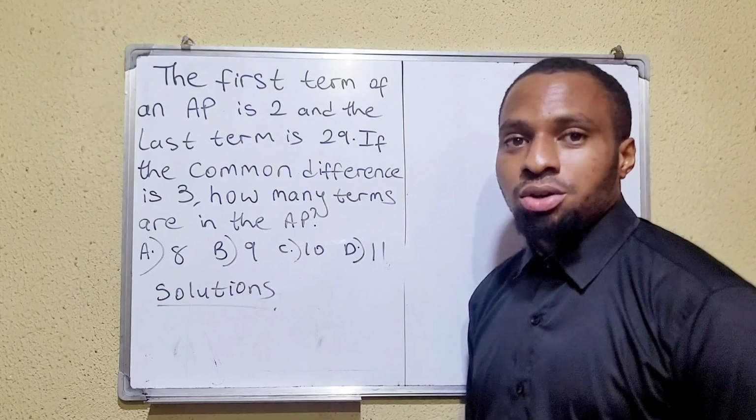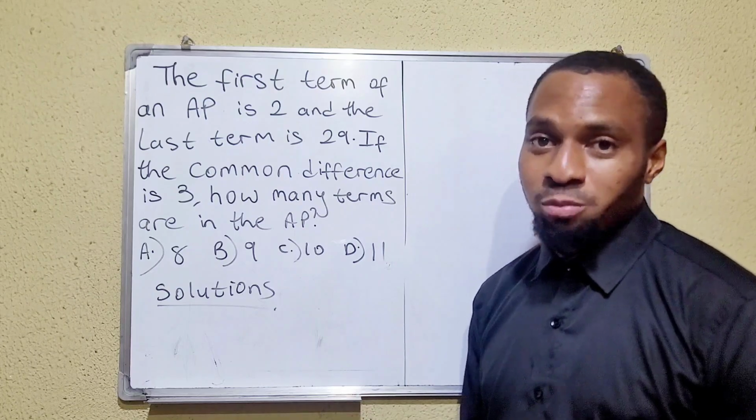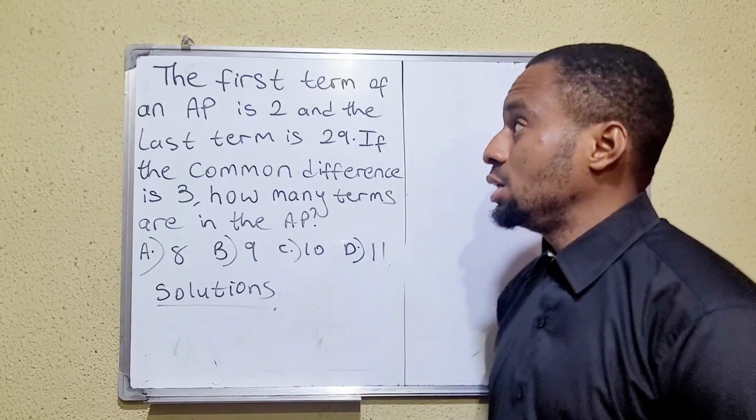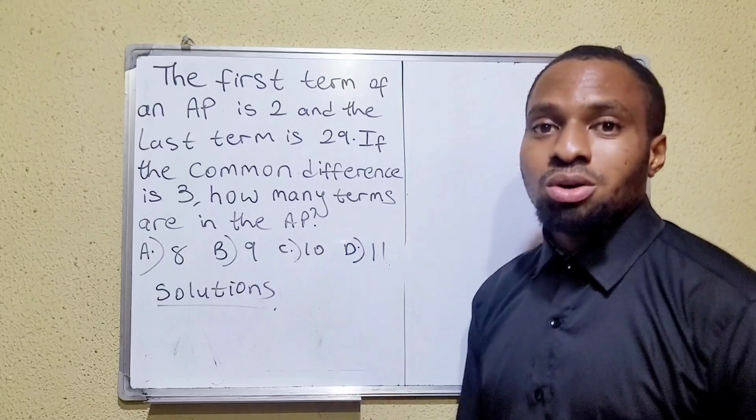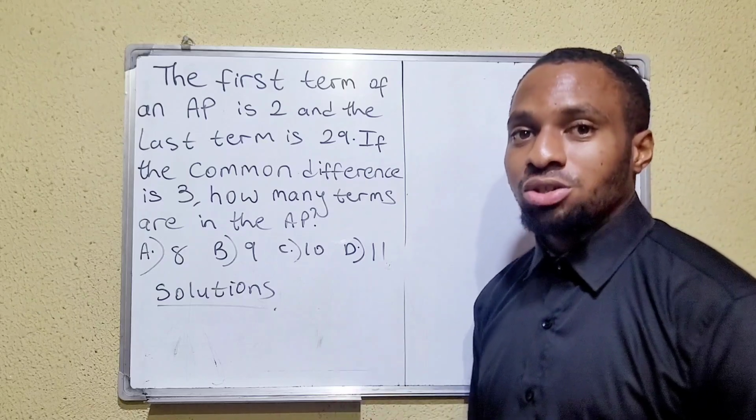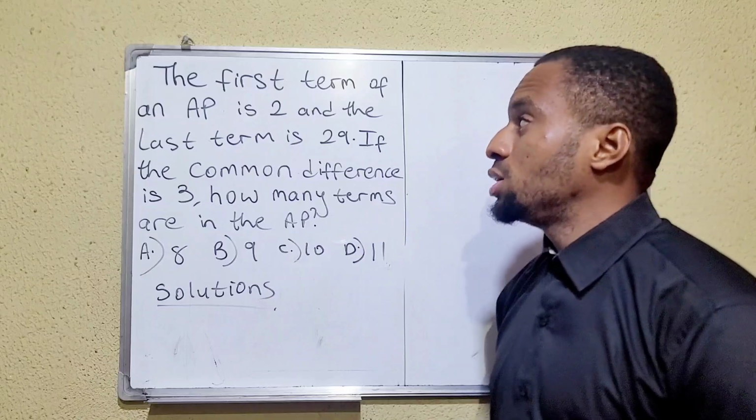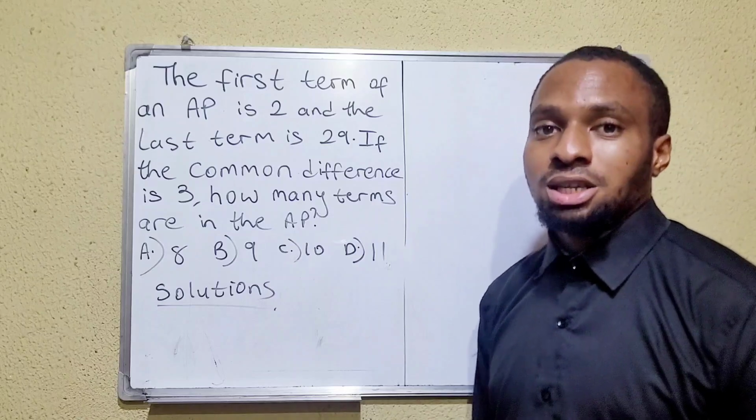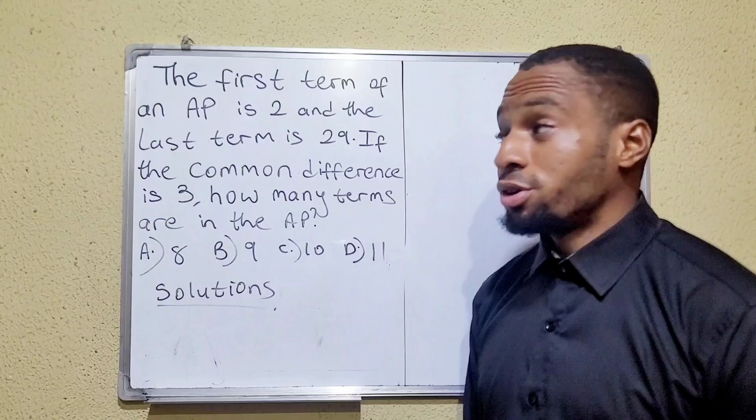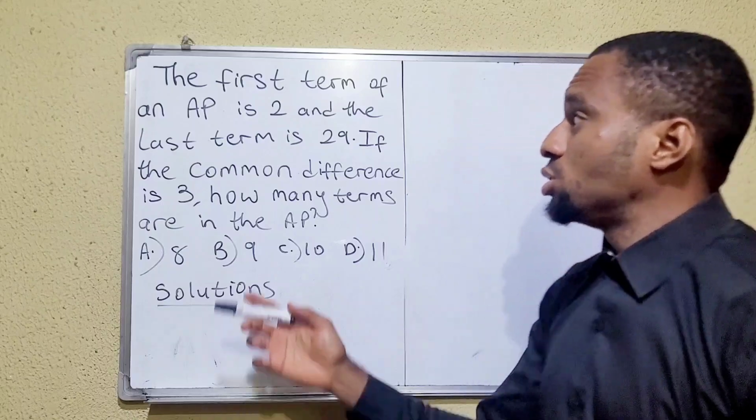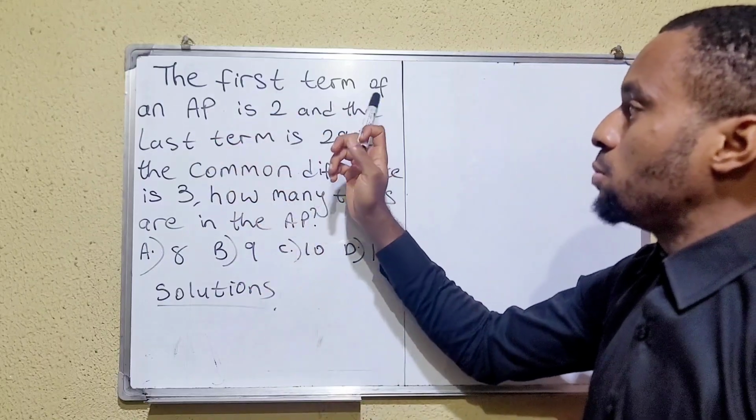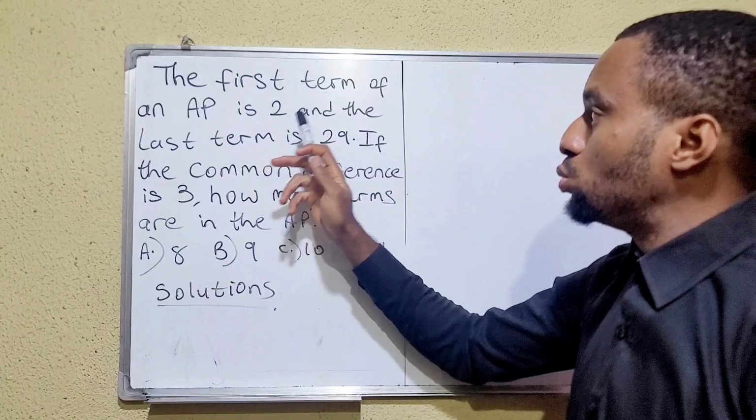Do you think you can solve this question? One of my students gave me recently. This question is under arithmetic progression, under sequence and series, and it is involving the first term and last term of an arithmetic progression. So looking at the question, we have the first term of an AP is 2 and